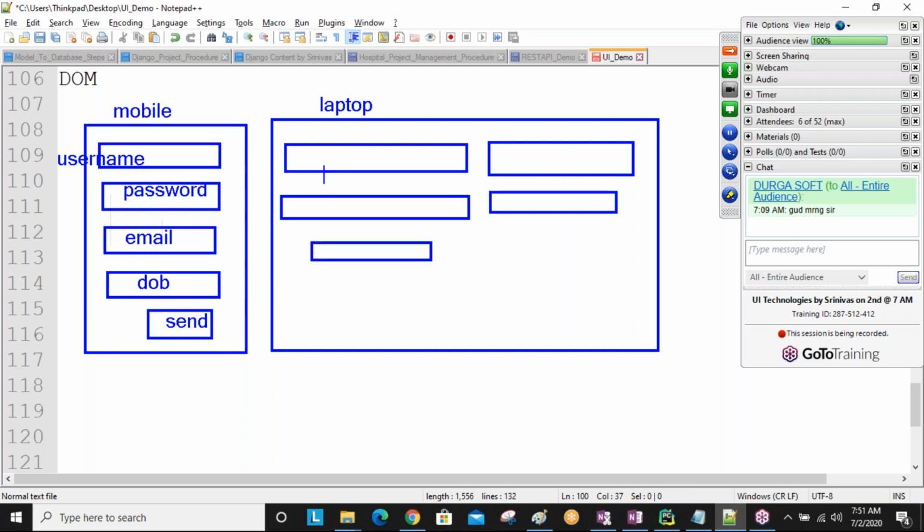Okay, so now here user name, and then here password, and here email, and here DOB, and here send button, like this.